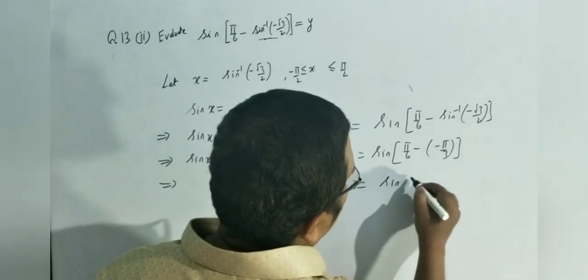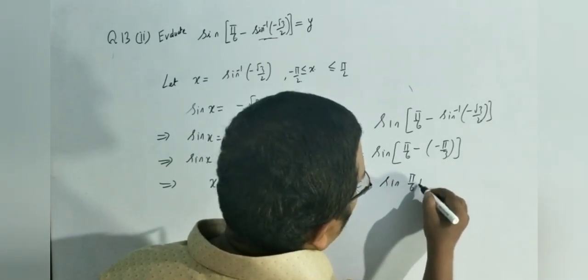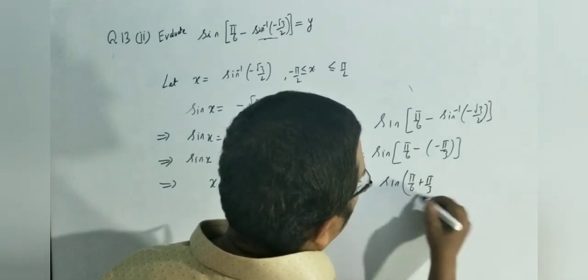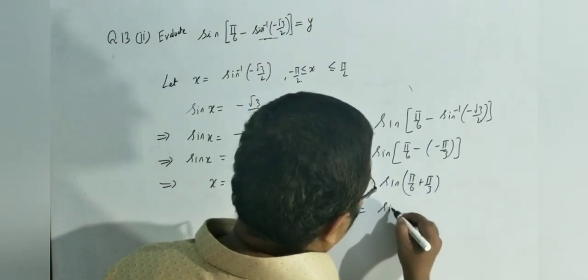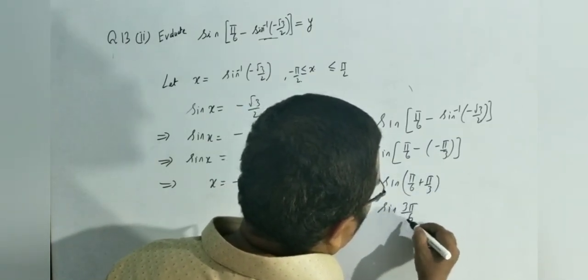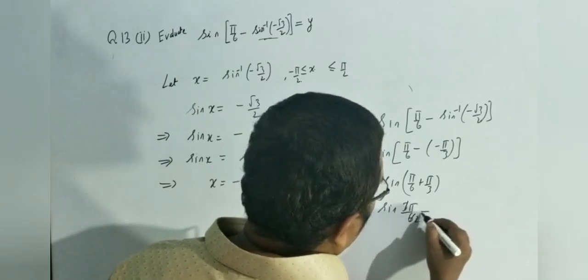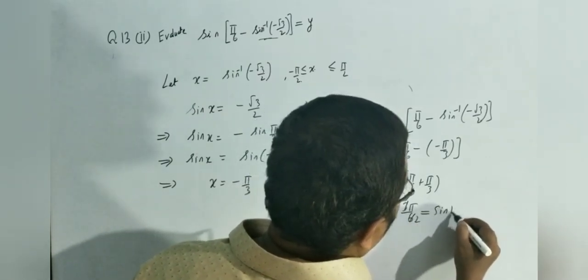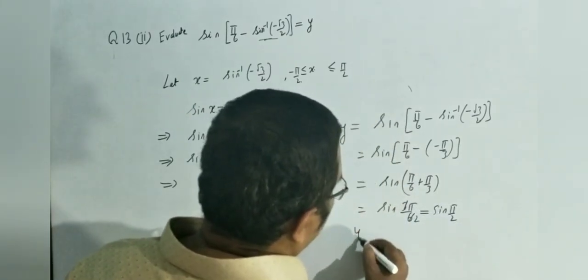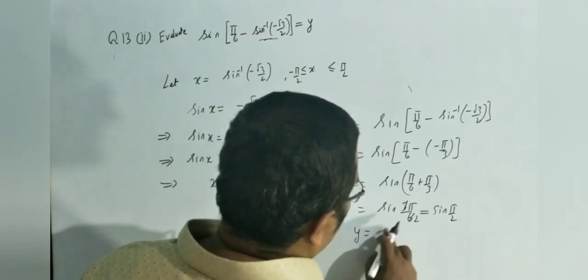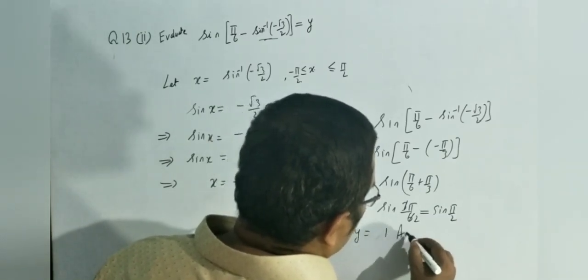This is sine plus pi by 3. Therefore, answer is